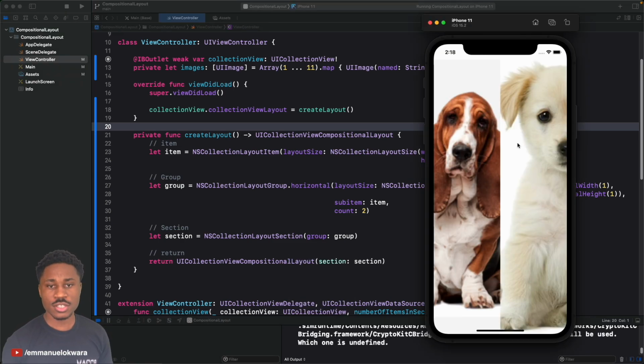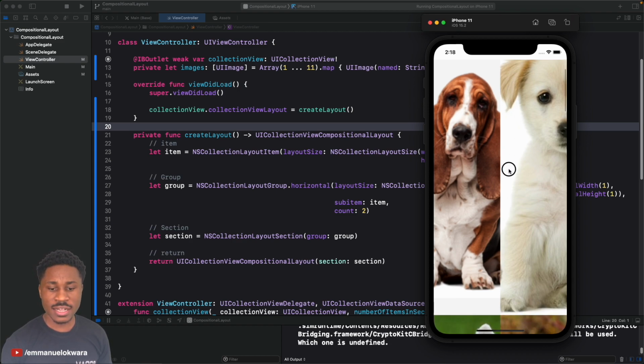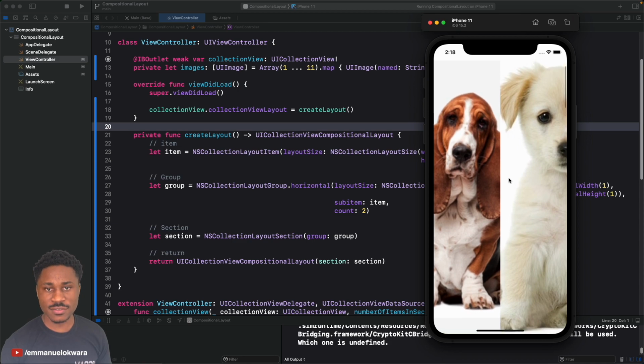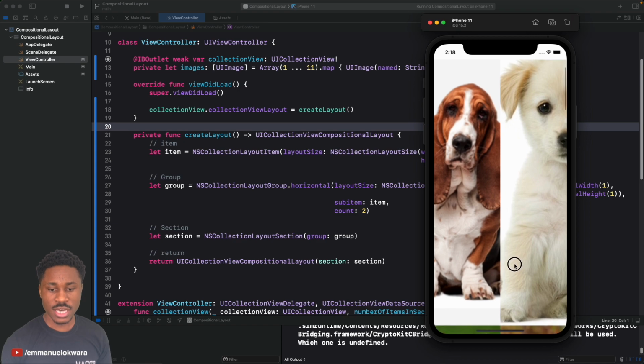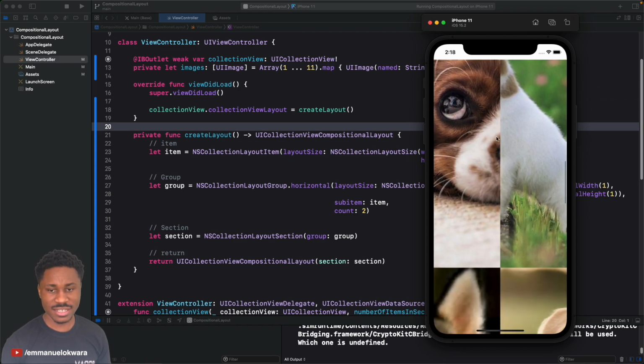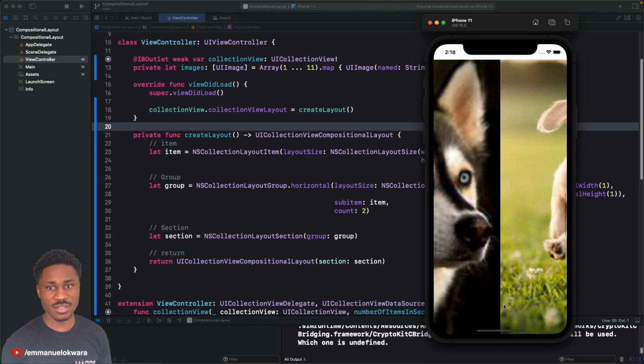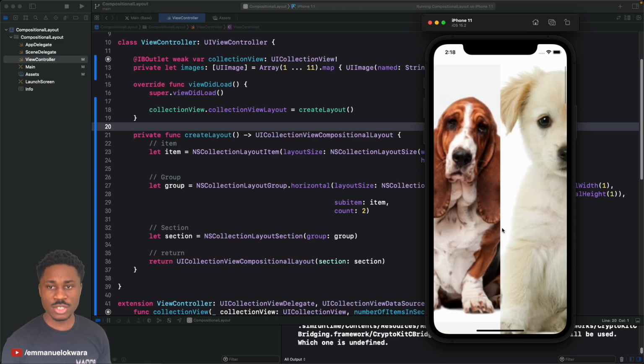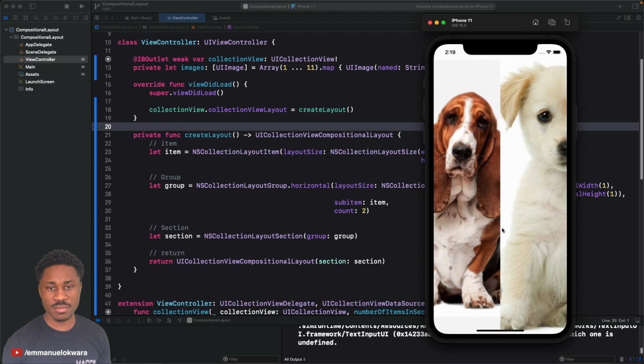Awesome. So you can see over here, we have 2, just like we said, we have 2 items here. And it is exactly the height of the collection view. So the collection view is from here all the way to the bottom of the screen. And you can see that it is exactly that height, right? So we don't want this, right? We don't want this at all. And let me show you something. If I were to rotate my device,